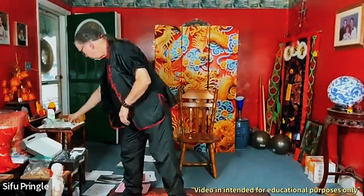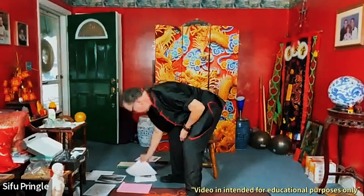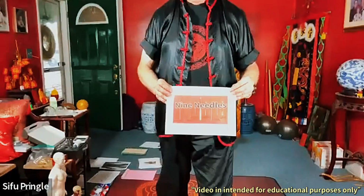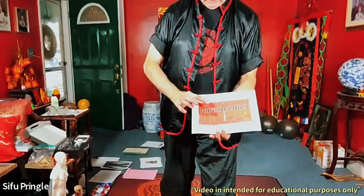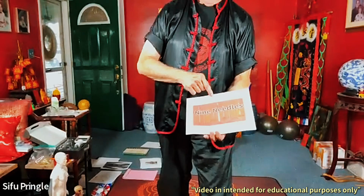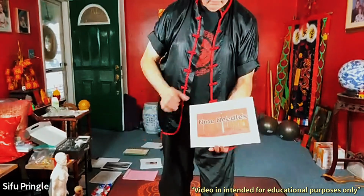The next needle idea, and there's different types of needles too. I want to show you this real quick. This was the ancient needles that they started off with. Now, it was known as the 9 needles, or the 9 classic needles. And you can see the different shapes. Some were very long. Some, and I can't imagine the feeling, were sword or spade arrow point that they used